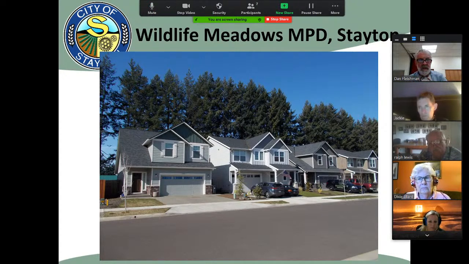What's your high density? It's a low density zone, but Wildlife Meadows was approved as a master plan development, which means that we ignore the minimum lot size and lot width requirements and just regulate the number of homes in the subdivision. So the subdivision has a couple of duplex homes in it, which would not otherwise be allowed in the low density zone.